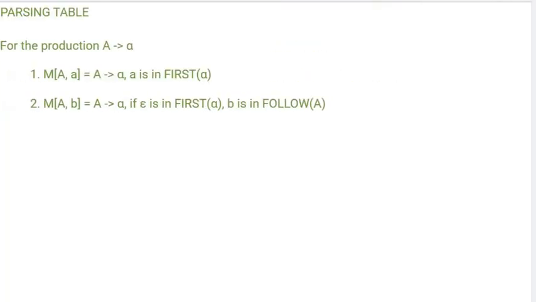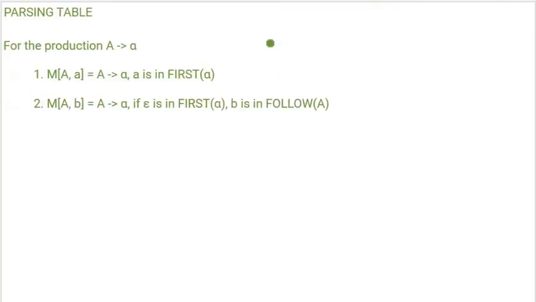So the two conditions are, if you have a production like A tends to alpha, then the production A tends to alpha will be placed in the parsing table in the particular row and the particular column if the first of alpha contains the particular column. I already told you